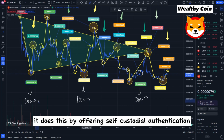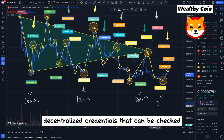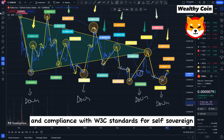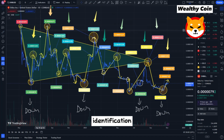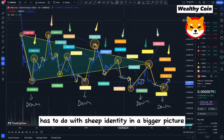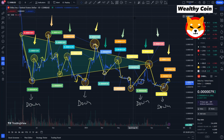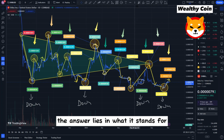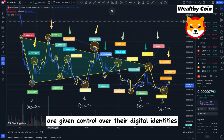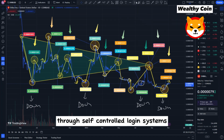It does this by offering self-custodial authentication, decentralized credentials that can be checked, smart wallets, and compliance with W3C standards for self-sovereign identification. This may make you wonder what SNS has to do with Shib Identity in a bigger picture. The answer lies in what it stands for. First, self-custodial authorization. Being the most important, users of Shib Identity are given control over their digital identities through self-controlled login